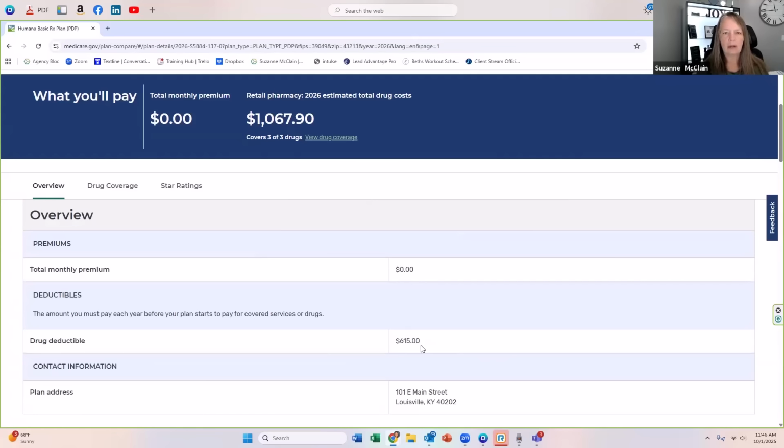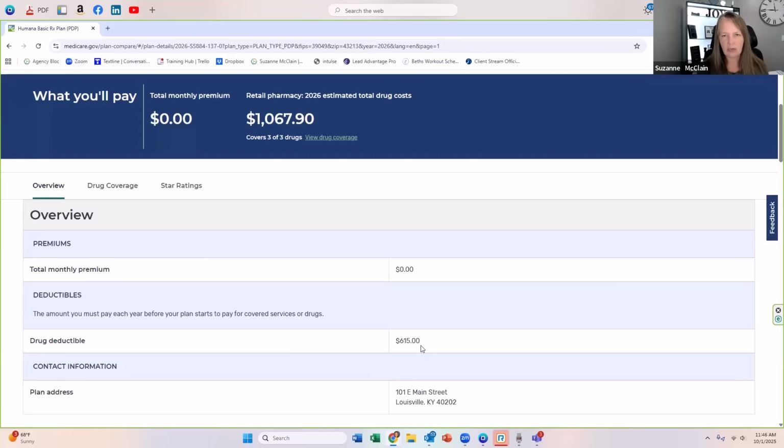Now, remember with deductibles, this is mistake number 4 I see, is clients unfortunately forget that deductibles start back over every January. So if you have a plan that has a deductible, it may be applicable to all tiers of your medications, and it may not be, just depending on what plan you go with. If the drug deductible is applicable to all tiers, that means that you're going to pay that deductible before the insurance company kicks in. So when you go in January or February, pick up your medications, and all of a sudden you're hit with this big amount you got to pay, and it goes under the deductible, just remember that